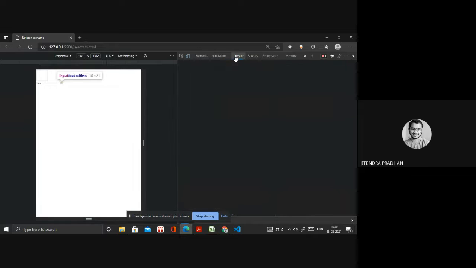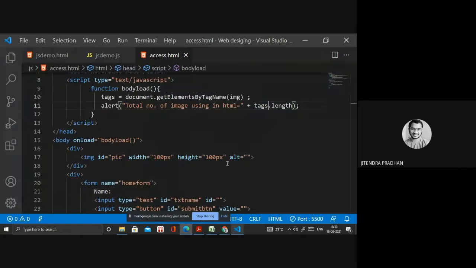In the console: image is not defined. IMG is not defined. Why is it giving me that type of error? Okay, I will write inside double quotation marks. That's why it's giving me the error.